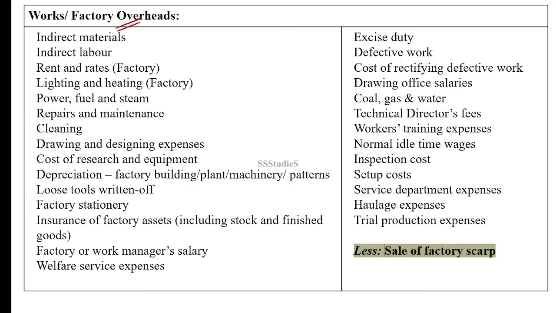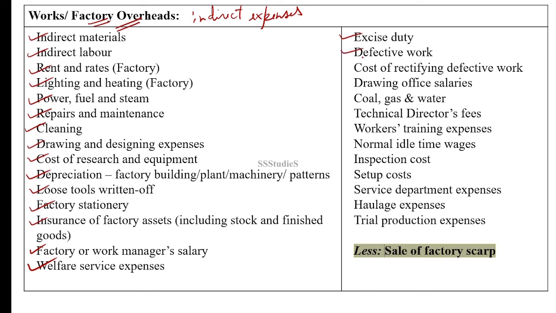Let us quickly look into factory overheads. I told you overheads means indirect expenses. So all those indirect expenses that are related to the factory setup will be taken into consideration under factory overheads. So which are they? Indirect materials, indirect labor, rent and rates of factory, lighting and heating of factory, power, fuel and steam, repairs and maintenance, cleaning, drawing and designing expenses, cost of research and equipment, depreciation of factory building, plant, machinery, etc., loose tools written off, factory stationery, insurance of factory assets, factory or work manager's salary, welfare service expenses,